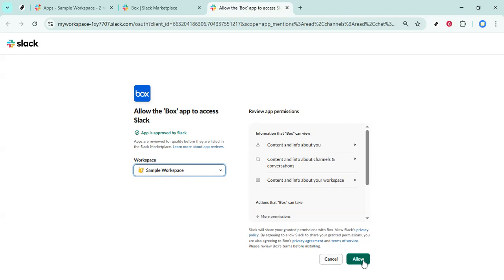Finally, click Allow. This authorizes the connection and completes the installation. You'll see a confirmation message in Slack, and the Box app will appear in your apps list. If you're prompted to sign into Box or choose a Box account, follow the on-screen steps so Slack can link